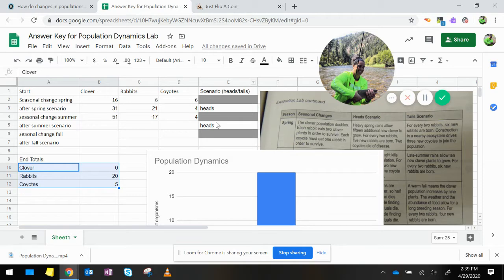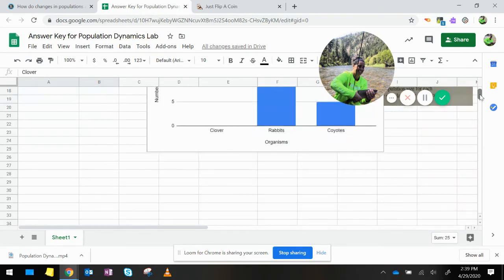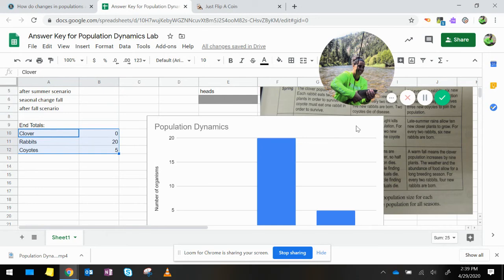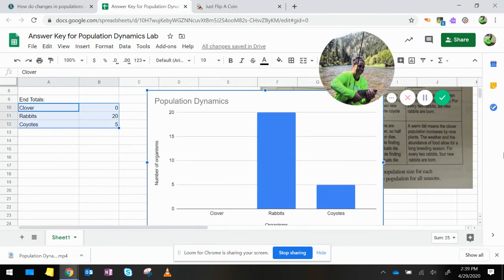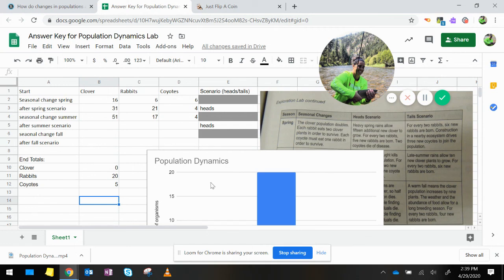And if it comes up as a pie chart, just change it to a regular bar graph. The way you put the titles in is you just click on Customize. So feel free to go back and watch this again if you forget how to do the graphs. But this is what I would like for you to